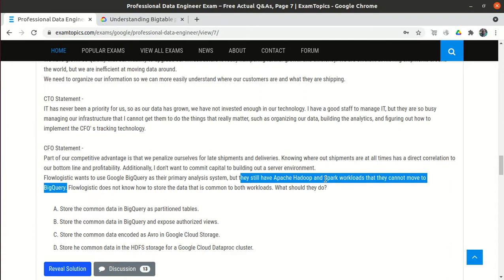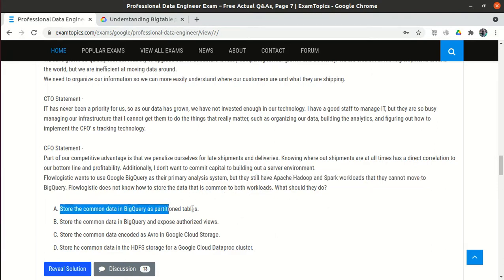So using the Apache Hadoop and Spark workload, we cannot store the data in BigQuery. So how should we do this? One option says store the common data in BigQuery partitioned tables. Since it is already mentioned that they cannot move the data to BigQuery, wherever BigQuery is mentioned, those options are eliminated, right?